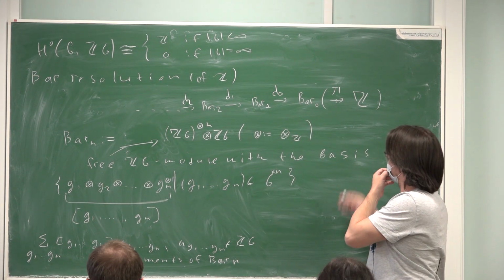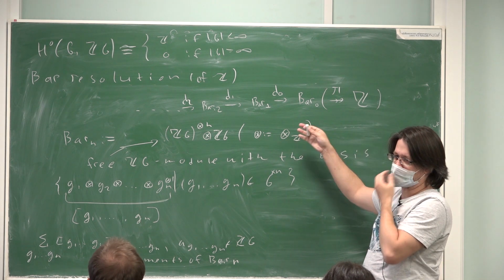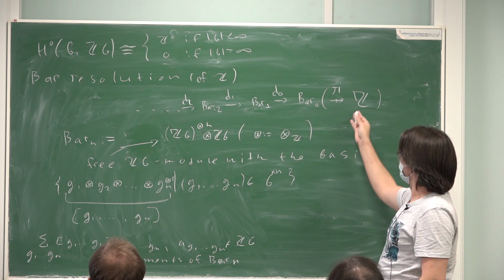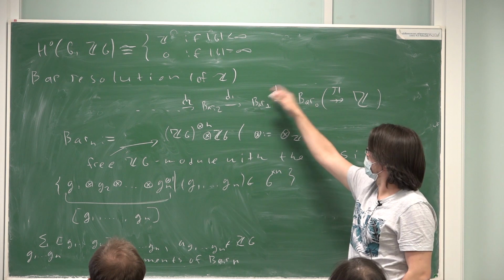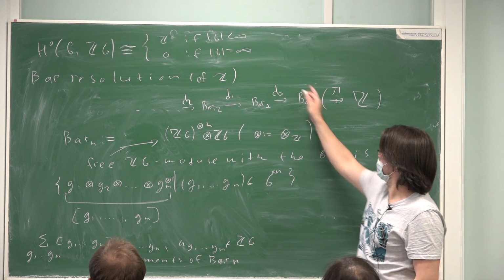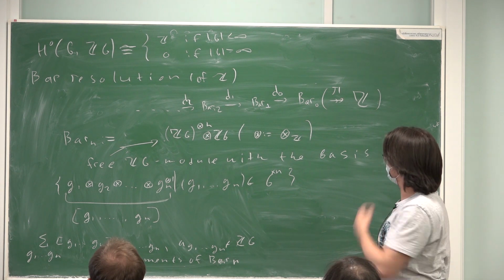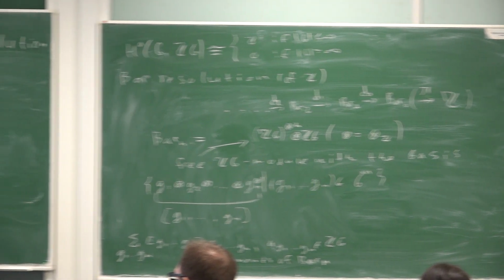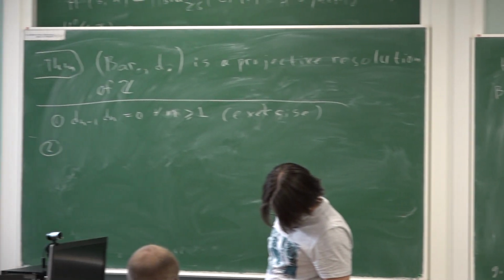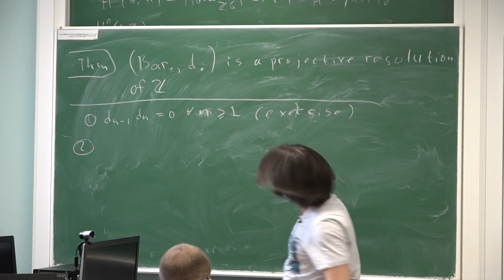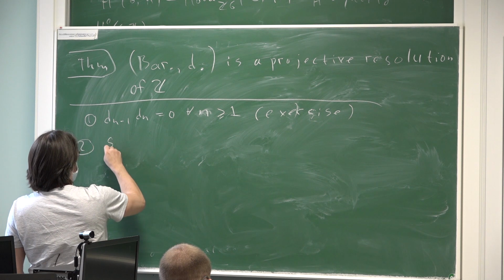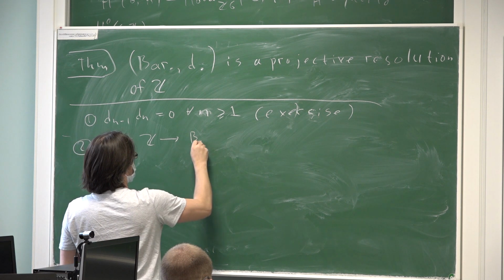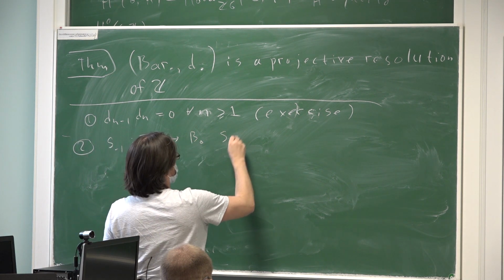So to prove that over Z, not over ZG, of course, this guy is exact, we need to write these maps, splitting this resolution over Z. And there is a formula for these maps, which is probably wrong, because you write the map s minus 1 from Z to B bar 0,